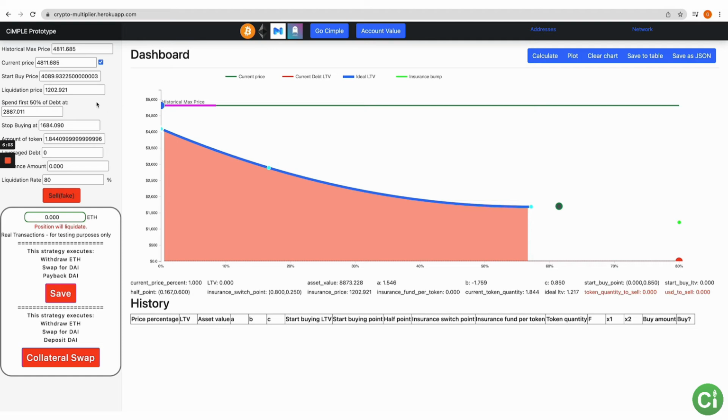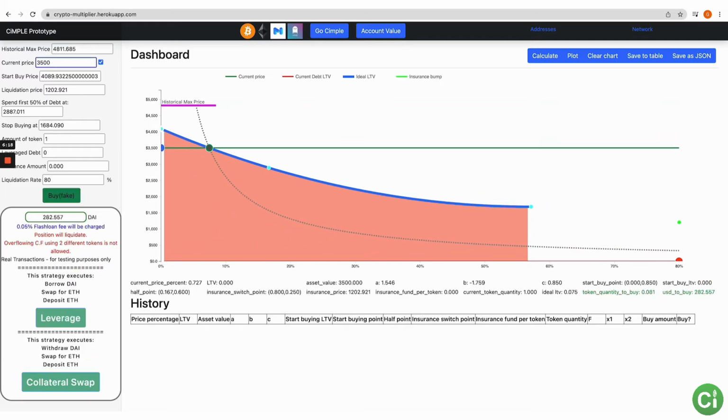So it is a bit of an extreme example, but the more realistic outcome is for you to do something like this. So we put it back to 1 token, no debt. This still says that's the current price, but let's drop to, let's say, 3,500, and let's say that's what the price is when you determine that you want to start buying, okay? With your 1 token and no debt, if you go all the way out, it will tell you that you should buy 0.08, which is $282 worth of debt at that price. Now this is higher than it currently is, right? Not higher than it's ever been, because this is the highest it's ever been, but higher than it currently is.